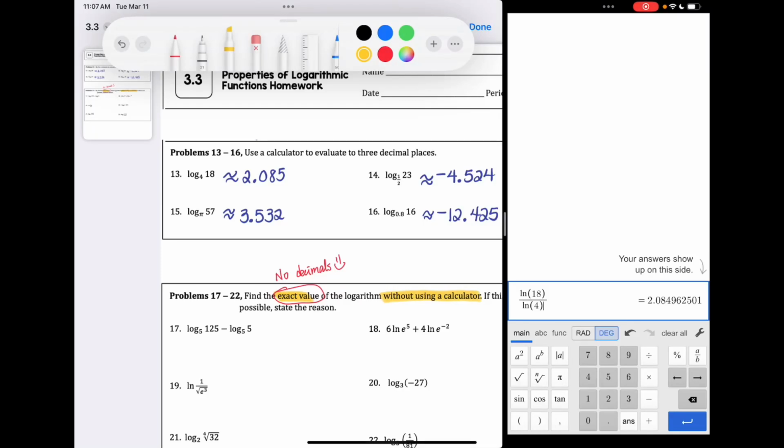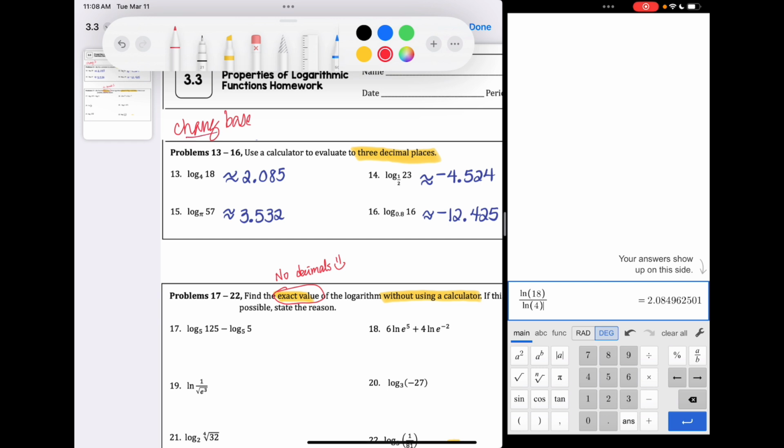Alright, in this video, we're going to talk about the solution of 3.3, number 13 to 16. For number 13 to 16, we are allowed to use a calculator because we want to get the answer in 3 decimal places, okay? So this is one of the formulas. We get to use the change of base